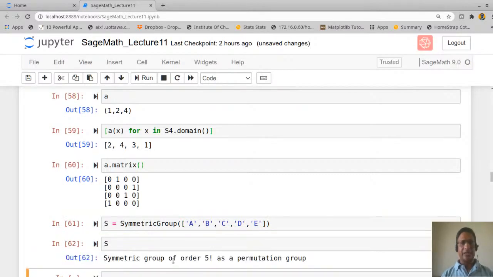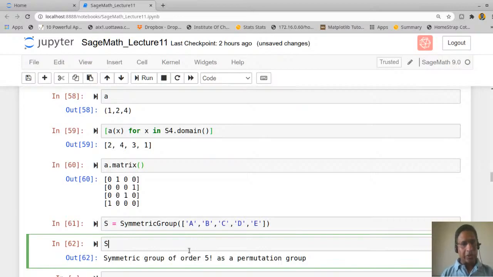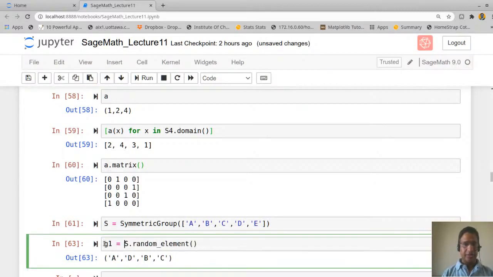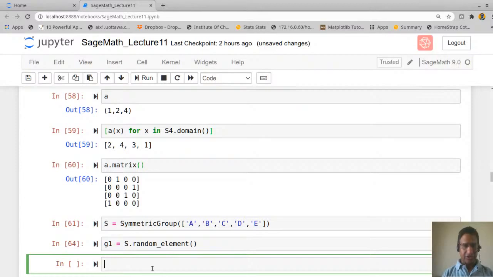S is a symmetric group of order 5 factorial as a permutation group, and you can do all the computations that you did in S4. So for example, if I say S dot random element, then you will get a random element. Now this will be in terms of the symbols A, B, C, D. Okay, so this also is possible. If I give some particular element, let me call this element G1, now see what is G1.